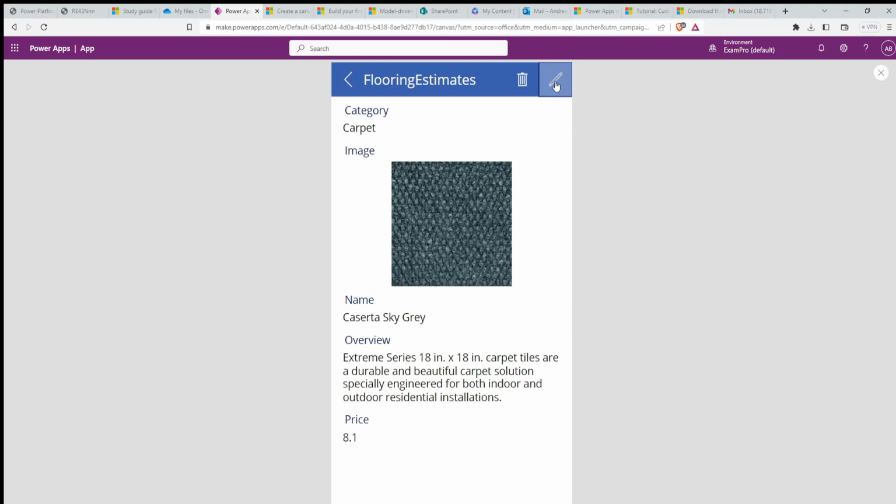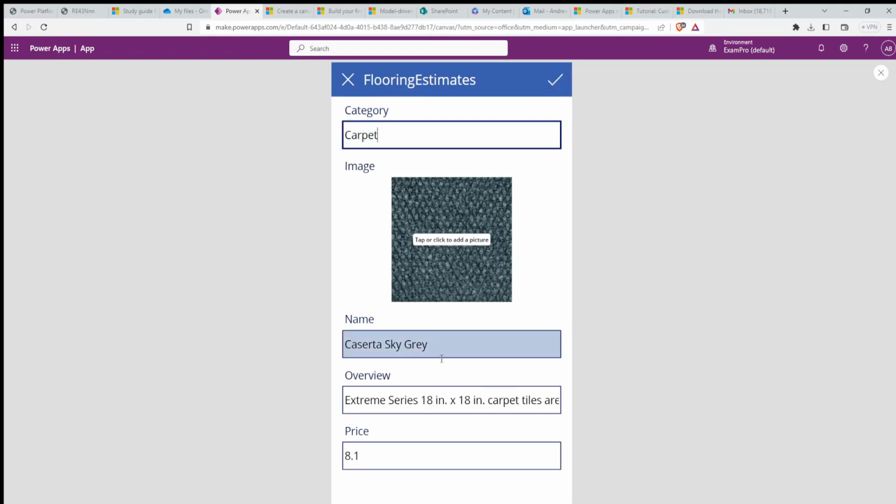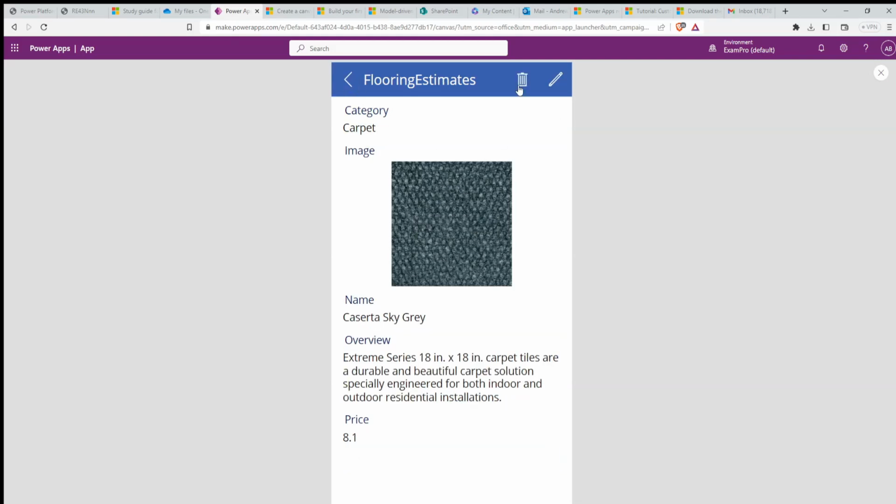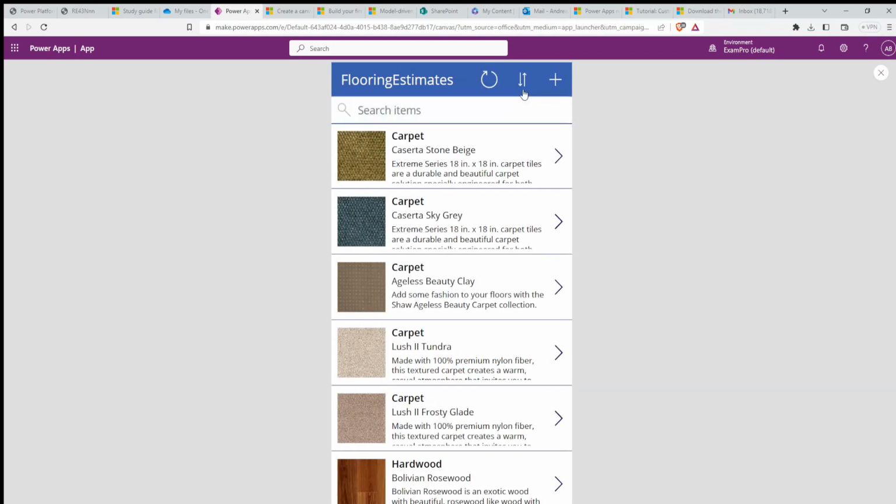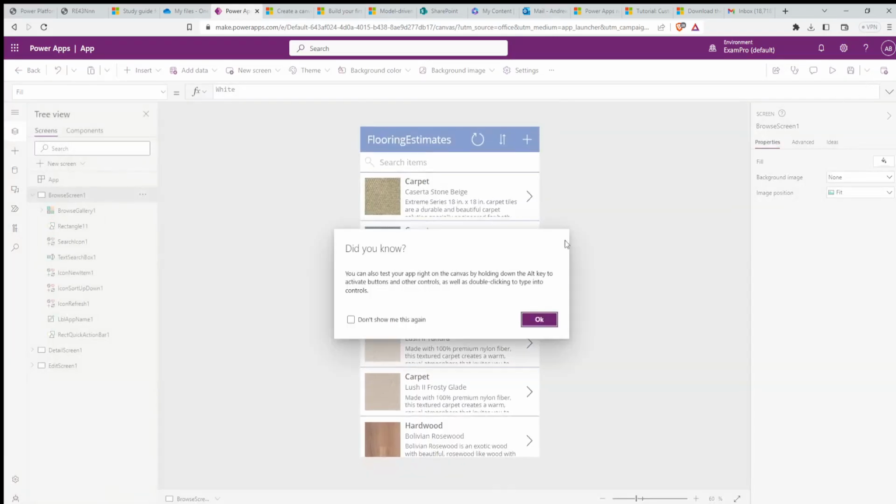There is an Edit button to edit the specific fields that we've mentioned. And there is a Delete button to delete the item. There's also a Sort List button to sort by alphabetical order, and a Refresh button in case one of your team members has updated the Excel dataset. So you can click on the X on the top right, or press Escape to go back to the previous